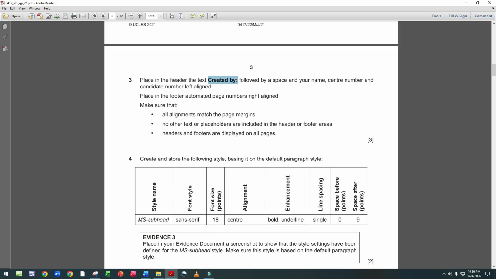Make sure that all alignment matches the page margin. No other text or placeholder is included in the header and footer area. Header and footer are displayed on all pages.